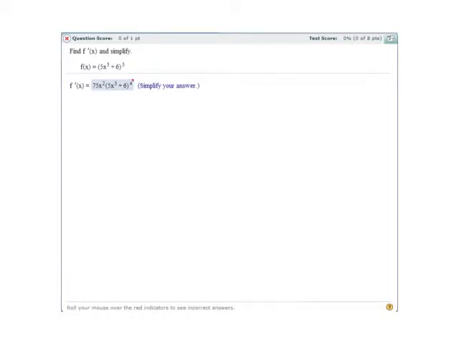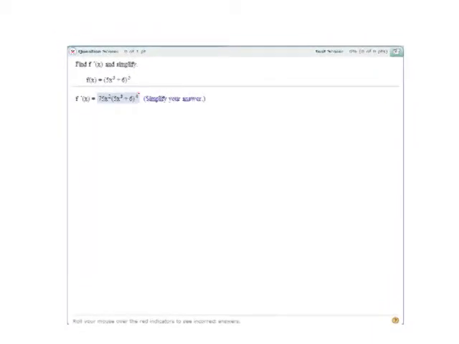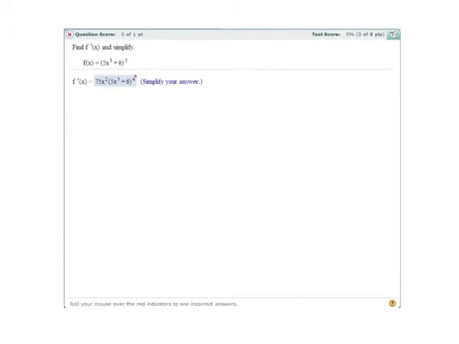Okay, this is a derivative problem, and this time we're going to use the general power rule, or the chain rule, general power rule form, because we have a function, 5x cubed plus 6, raised to the 5th power. So anytime I have a function raised to another power, a function inside of a function, so it's a composition of functions, I need a chain rule. So in this case, we have 5x cubed plus 6 raised to the 5th.